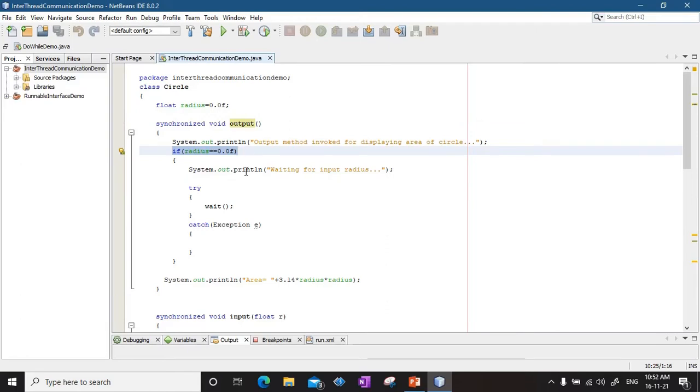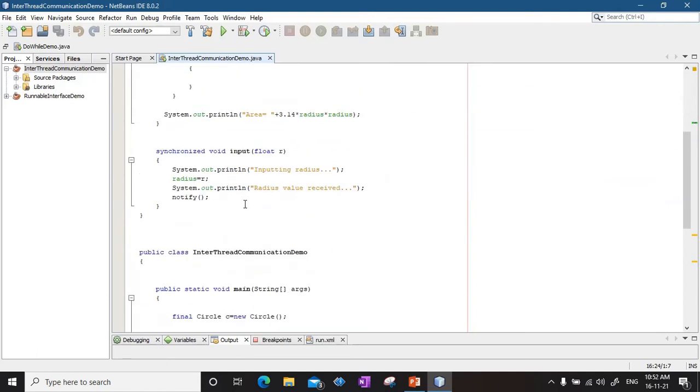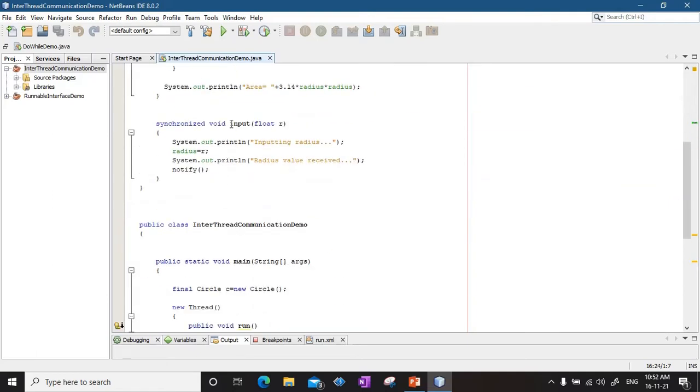So that thread gave the wait command. It sent this wait message to the next thread, saying that yes, I am waiting, I want the input radius value, I have not got it yet, so I am waiting, can you please give it to me? Once this wait signal is given,